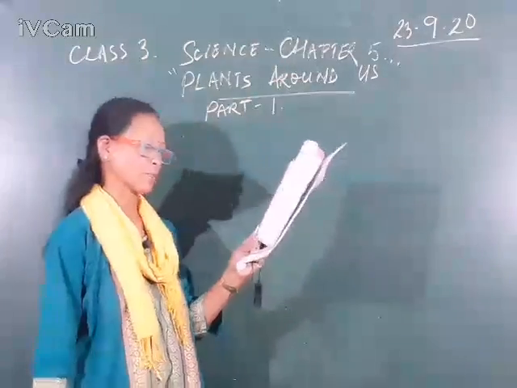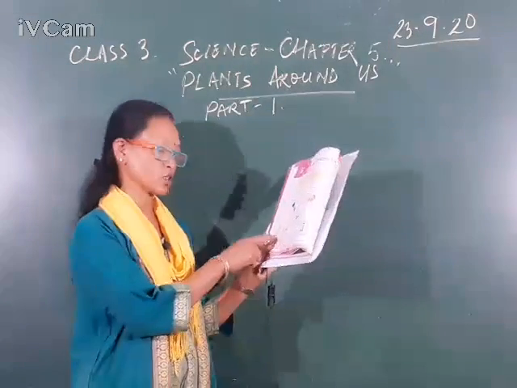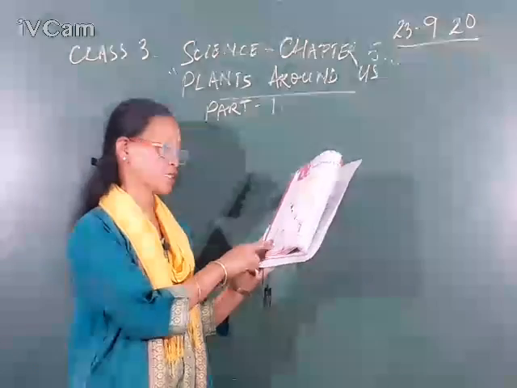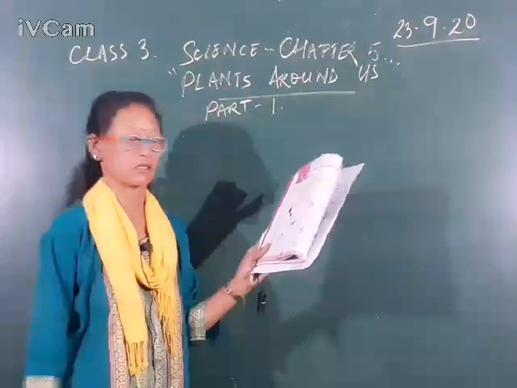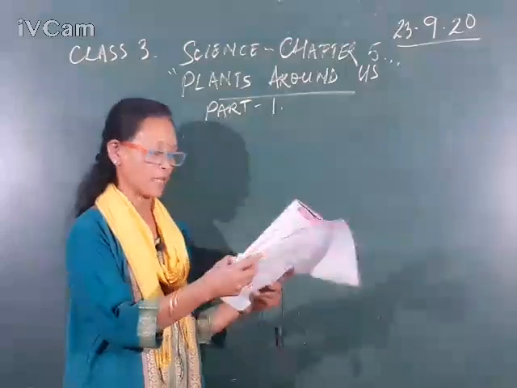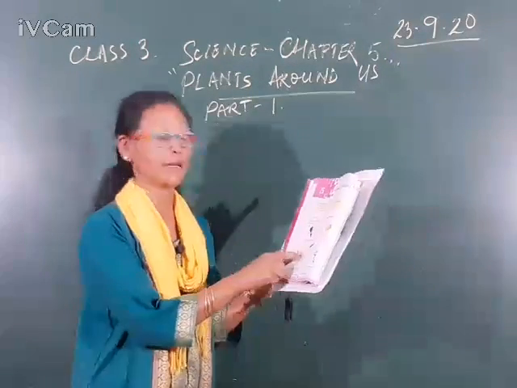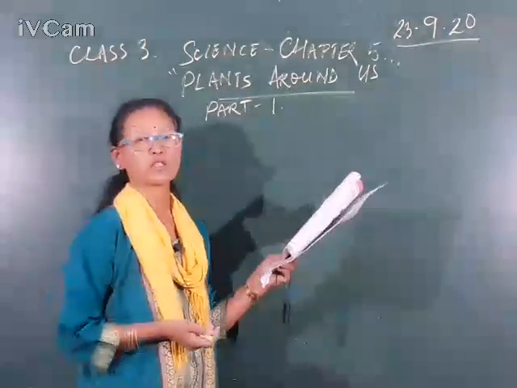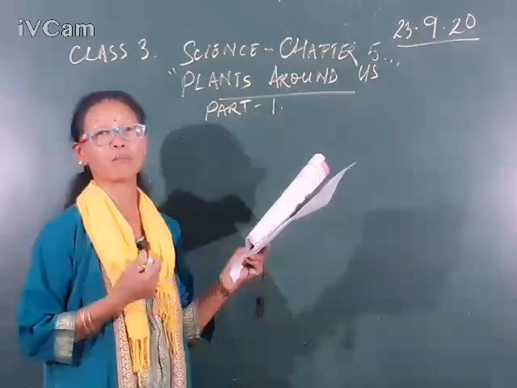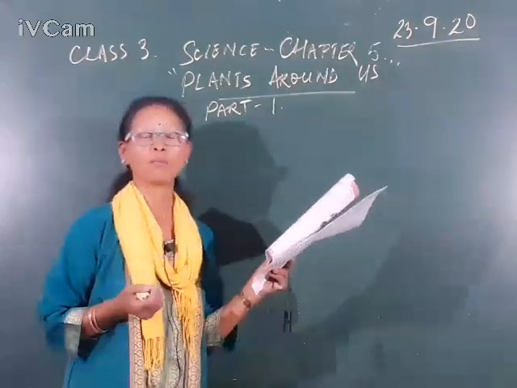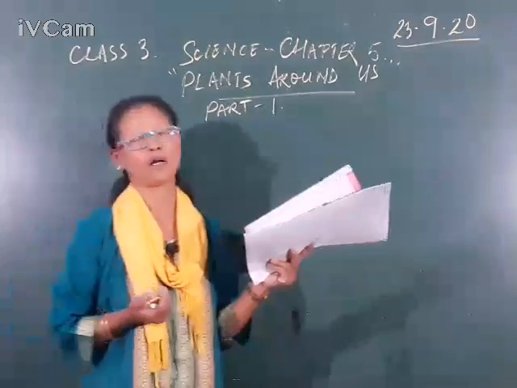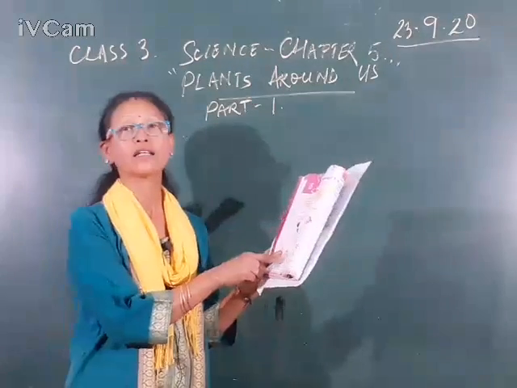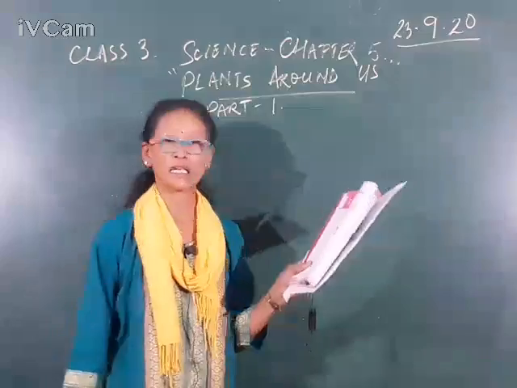Now the next one, this is found under the soil. What is this picture shown here? This is the root of a plant. And the next picture, in the middle, is mostly green in color. Which plant part is green in color? Normally when we talk about plants, we remember green color, isn't it? So these are leaves, okay. It is green in color.